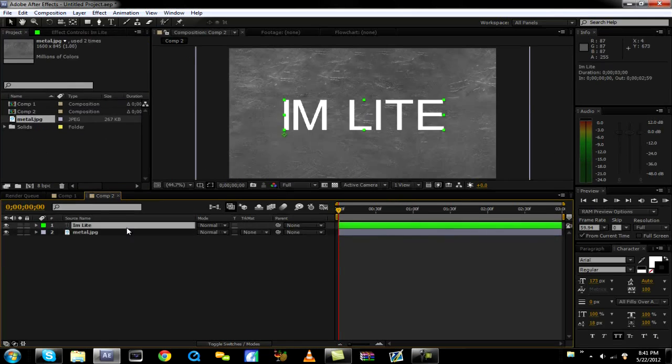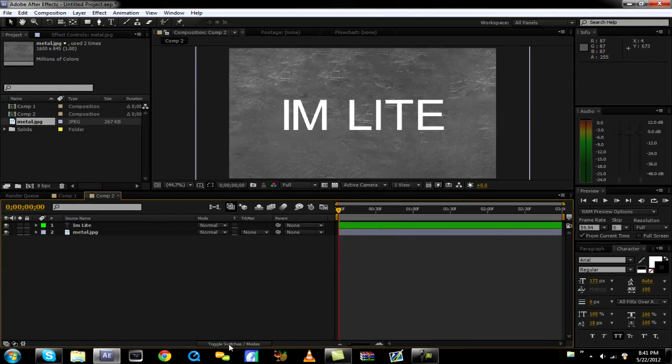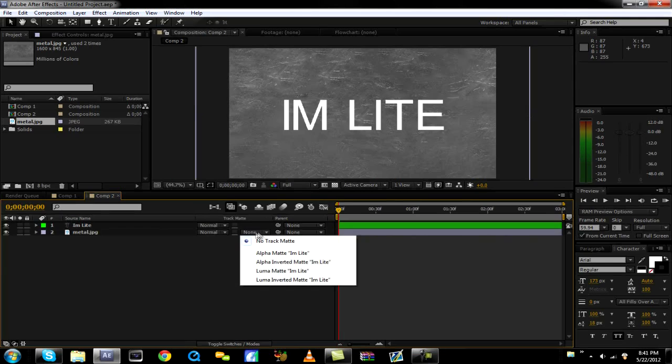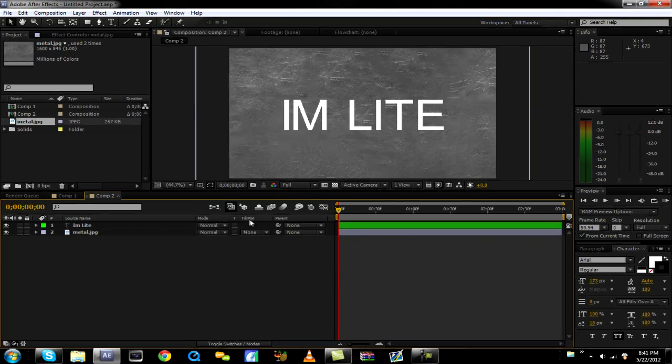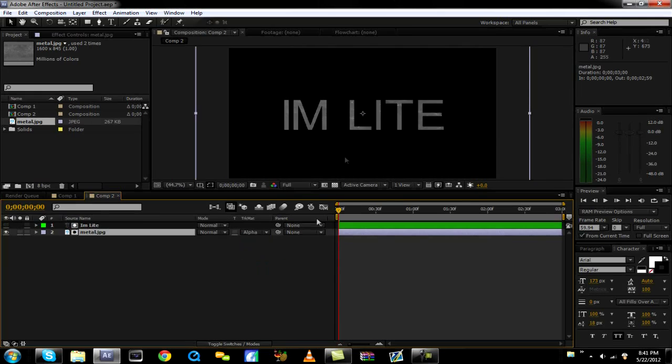So first thing is we need to change this. It's on a track mat. If you don't have it, this is what normally your After Effects looks like. Make sure to go toggle switches and modes, click it, and you'll see that it says track mat. Make sure you're on the metal.jpg. JPG stands for JPEG. Click down on none and click alpha mat I'm Lite, whatever your text says, and it'll make it so it goes